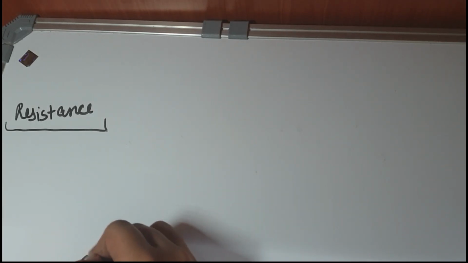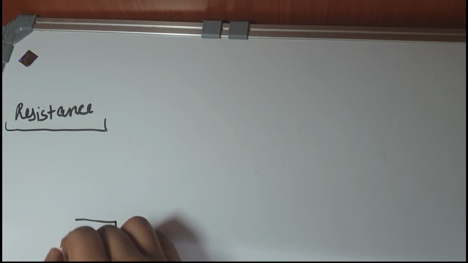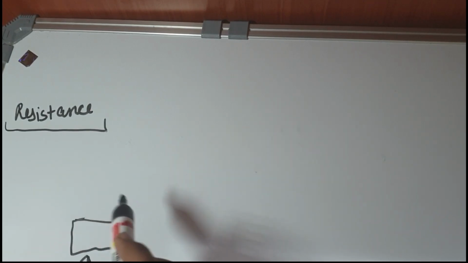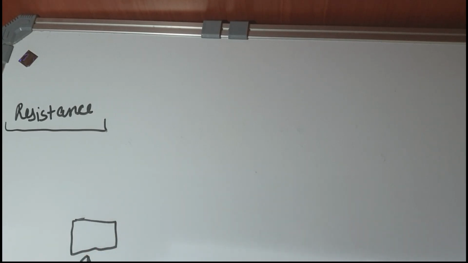So the first question that comes to our mind is, what is resistance? Basically we can understand it very easily. When a current flows in a circuit, it faces an opposition. This opposition is known as resistance. For example, if I am walking in a park and a table or a chair comes in my path, it will definitely block my way, slow down my pace, and affect my motion also. Similarly, resistance does the same work in a circuit.